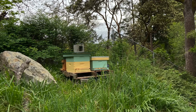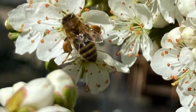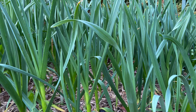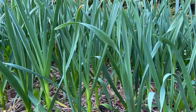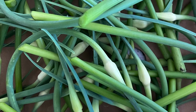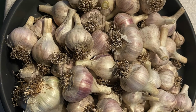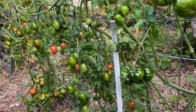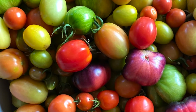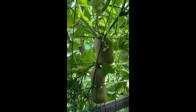As soon as the temperatures rise, the bees start to do their magic, pollinating the fruit trees. Garlic that I planted in the fall begins to grow. We start with a harvest of garlic scapes, and then in July harvest the bulbs. We use cattle panel trellises to support the abundant number of tomatoes that we harvest right into September. In order to save space, I use arched